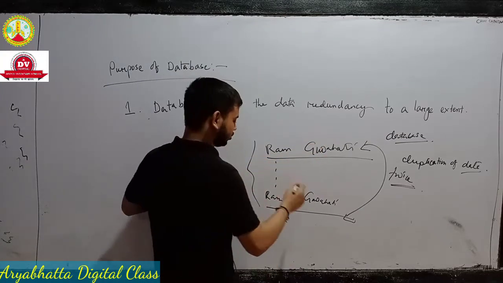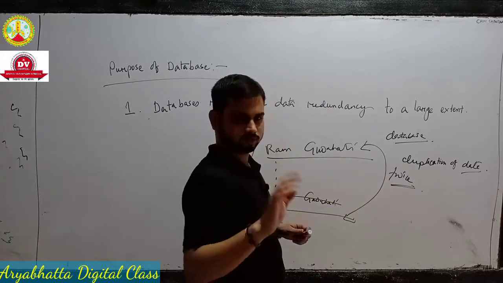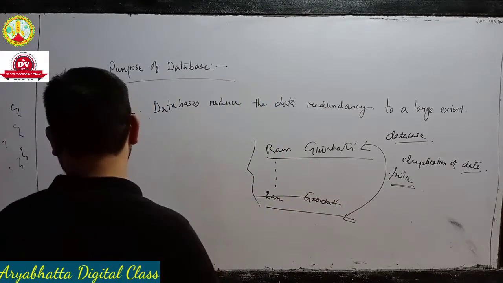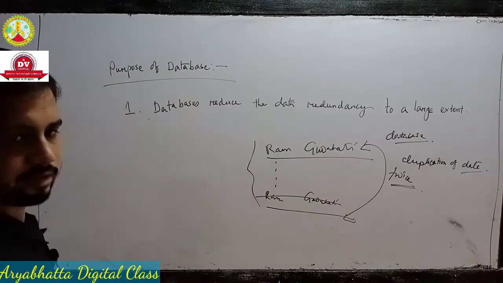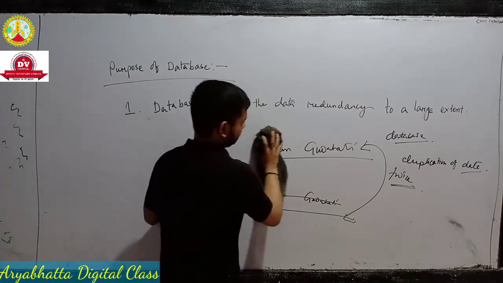It directly shows you that this data is already in our system. Suppose a message like that comes. Okay, you understood? This is a duplication of data, and the database reduces data redundancy to a large extent. Okay. Next point is